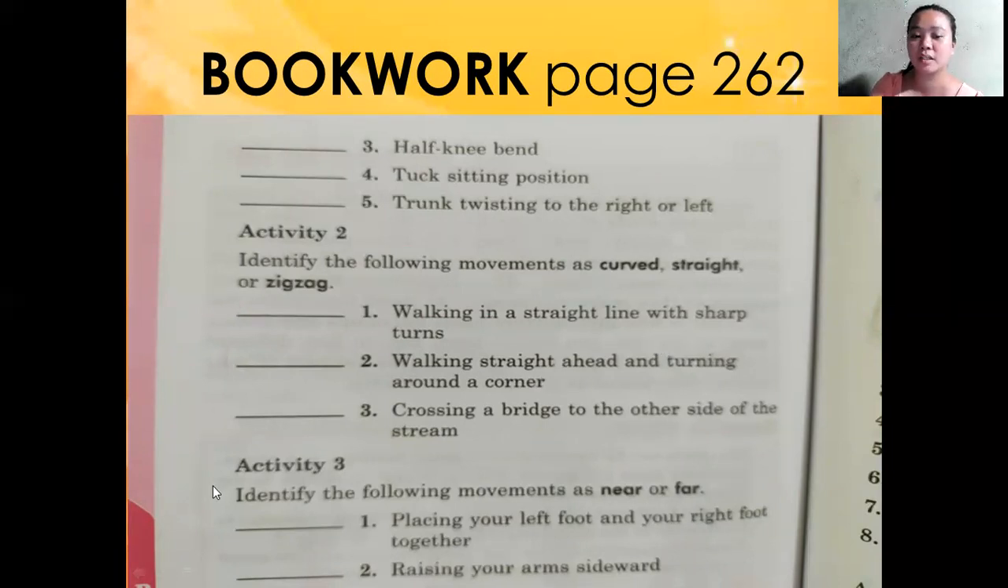Now let's go to activity 3. You are going to identify if it is near or far. Number 1, placing your left foot and your right foot together. And number 2, raising your arms sideward. Near or far. Okay, if you are not yet done, you can pause this video and then play it once you are finished. But those who are done,